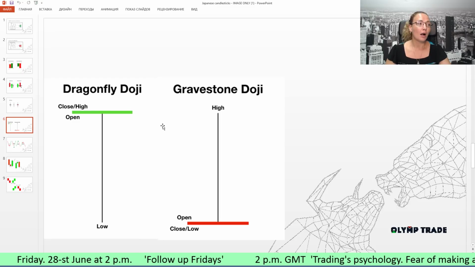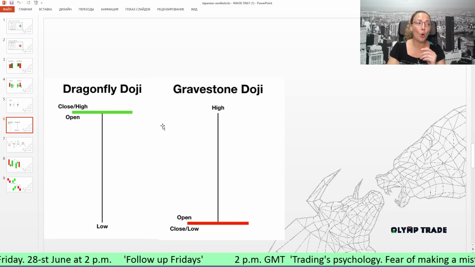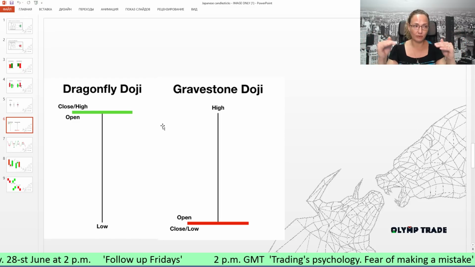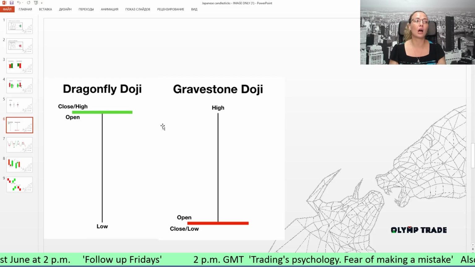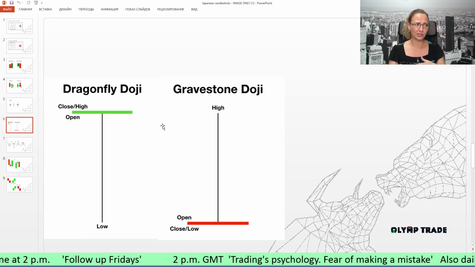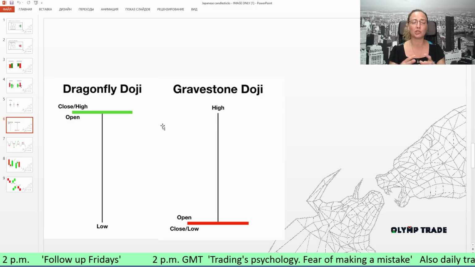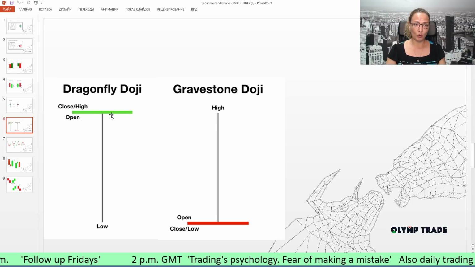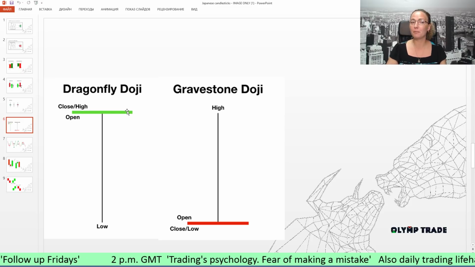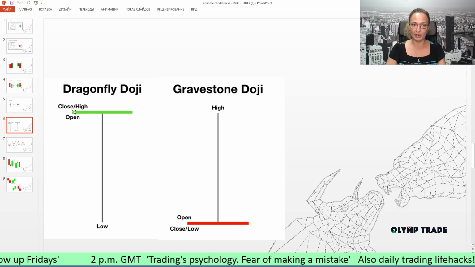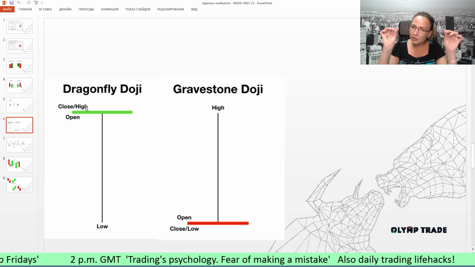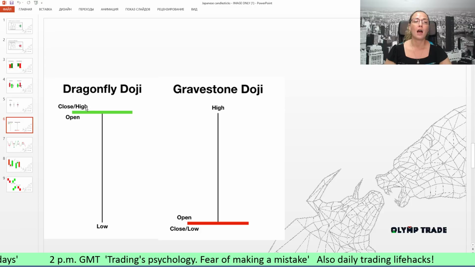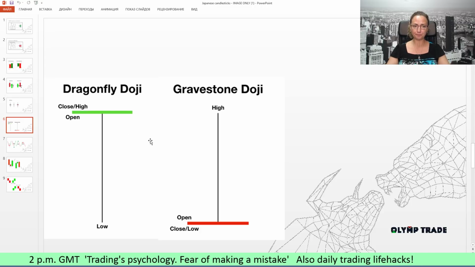So a dragonfly doji occurs when the opening and closing price is at the same level, but with a longer lower wick. So basically, it's a bullish doji, a rejection of lower prices. And once again, this green line could be just regular black, or it could be open and close at about the same level. So what happens is the